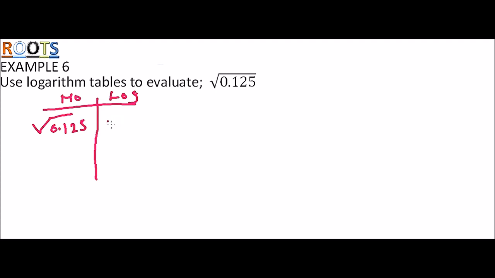The logarithm of this number is bar 1 because it is a positive number less than 1. Bar 1, the logarithm of 1.25 is 0.0969, and because we are getting the square root, we are multiplying this by a half. So when you multiply that by a half, then you get